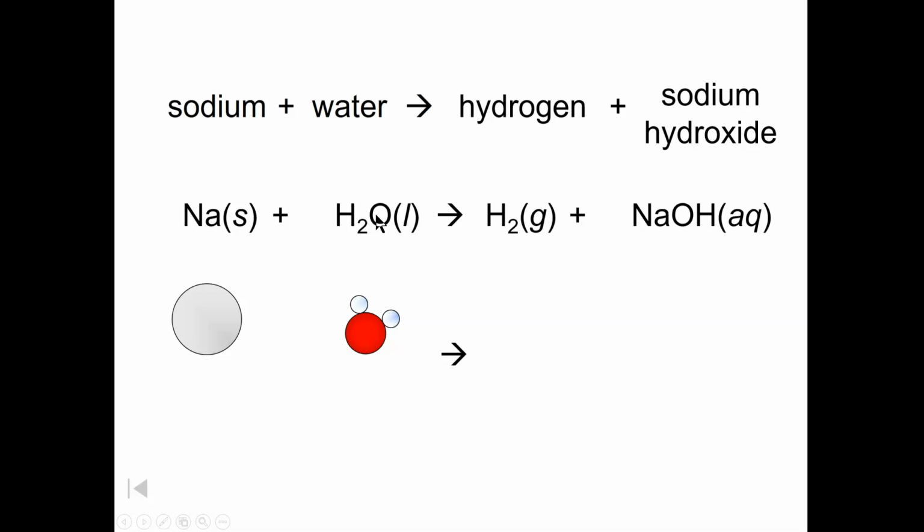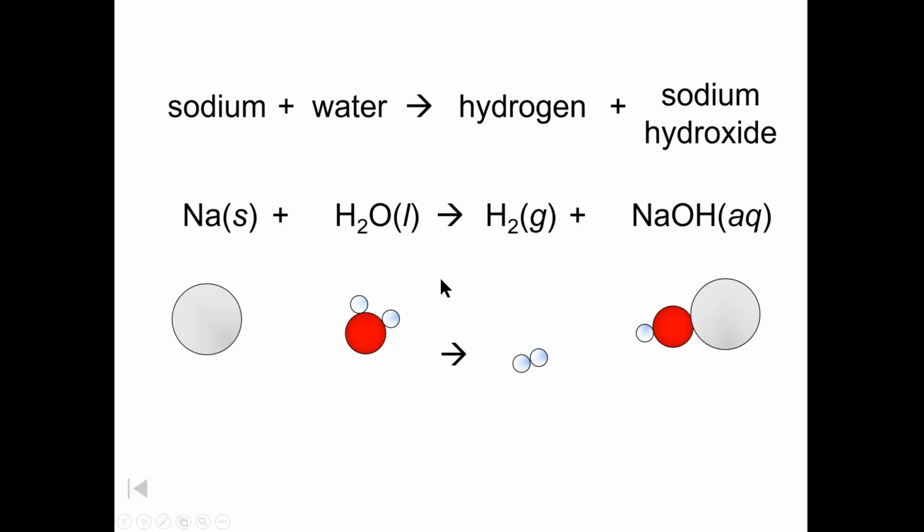So the hydrogen separates from the oxygen, and the oxygen combines with the sodium, and we've rearranged this to form hydrogen gas, and AQ stands for aqueous. So it's like a liquid, but aqueous simply means it's in water. So this is sodium hydroxide, and this is in water, meaning there is water still in the environment. Okay, it's liquid. Liquid sodium hydroxide, but not pure sodium hydroxide. I apologize, I get bogged in details, and again, at this point, you don't need to know all the details. I just want you to get the illustration of what a chemical reaction looks like.